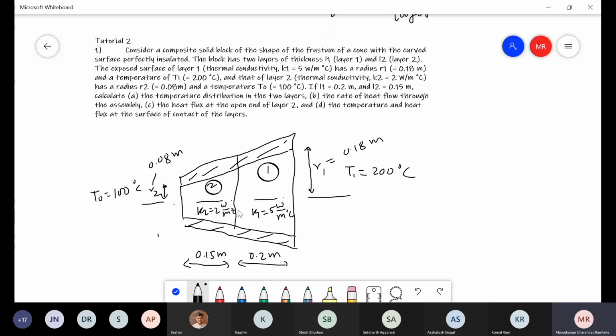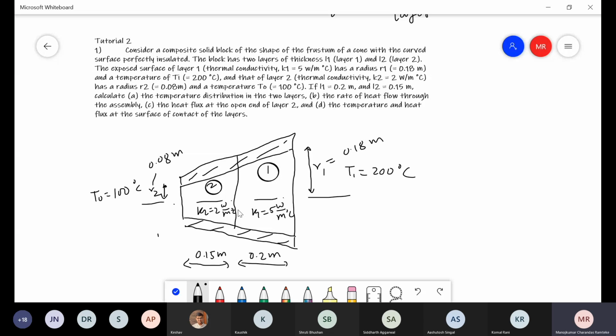Okay, so this is what the question is, correct? So there is a frustum of the cone is been given. So this is a conical surface which is cut at both the ends. Here we are seeing it from the radial direction and therefore we are only looking at a triangular type of shape. But if you look at in an axial direction, you will see a circular structure. So this is just a frustum of the cone which is made up of two material, layer 1 and